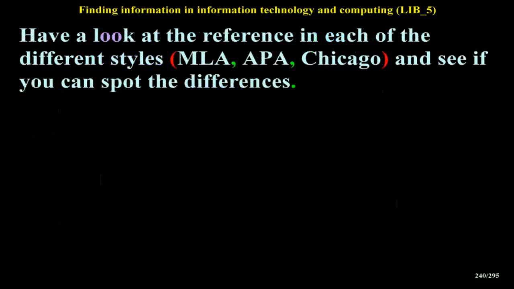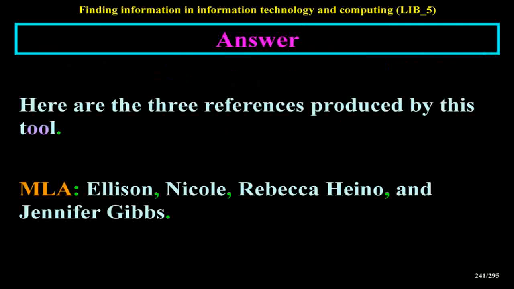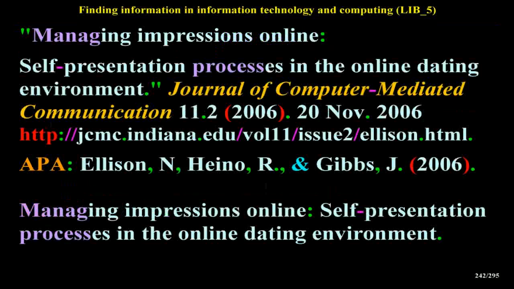Have a look at the reference in each of the different styles MLA, APA, Chicago, and see if you can spot the differences. Answer. Here are the 3 references produced by this tool. MLA: Ellison, Nicole, Rebecca Hino, and Jennifer Gibbs. Managing Impressions Online. Self-Presentation Processes in the Online Dating Environment. Journal of Computer-Mediated Communication, 11/2 2006. 20 Nov. 2006. http://jcmc.indiana.edu, Vol 11, Issue 2,